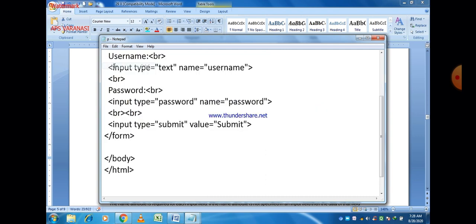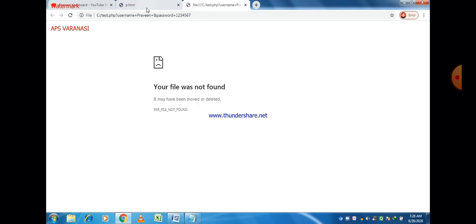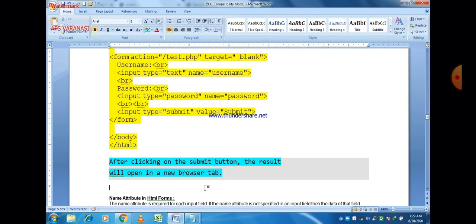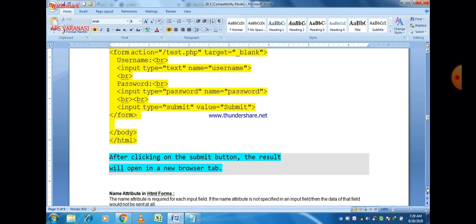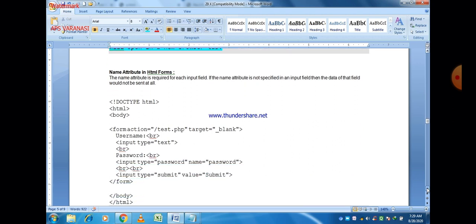Just save the program and execute the program. Okay, that is our program. You have to give your username and password. So I just type my username, whatever I want here, and then the password, because there is a password box. Then the submit button. You can easily see that a new window will be opened, and it is just because we used target is equal to blank. By default target is equal to self means that the web page will be opened in the same window, but we used target is equal to blank here, so a new blank page or new window will be opened in that case.